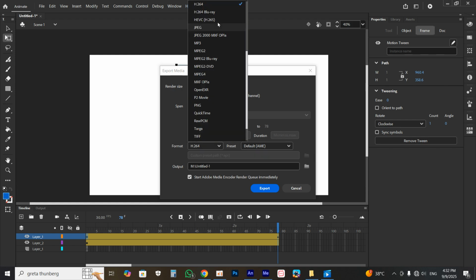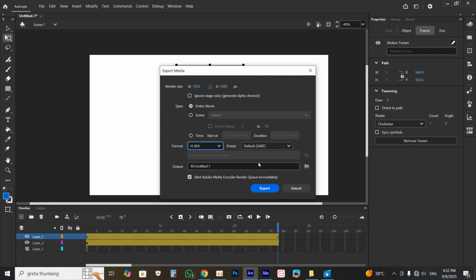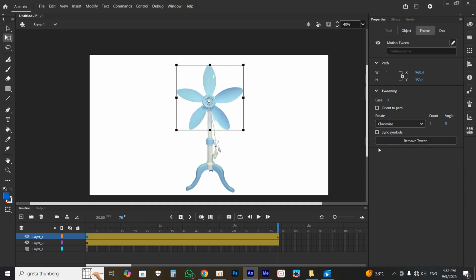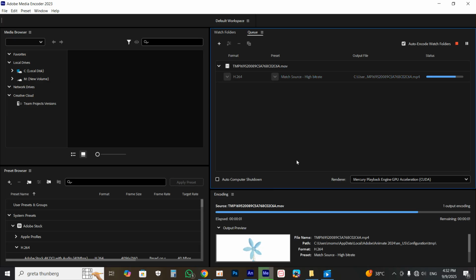In the format, select H.264 and leave the preset at the default, okay? And you can change the location or you can leave it, and click at Export,